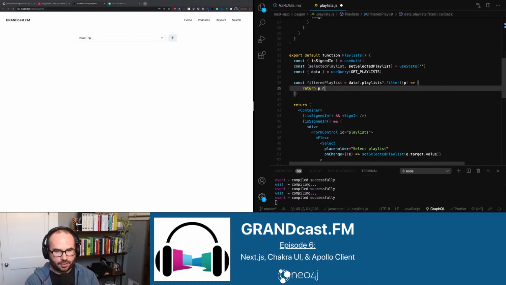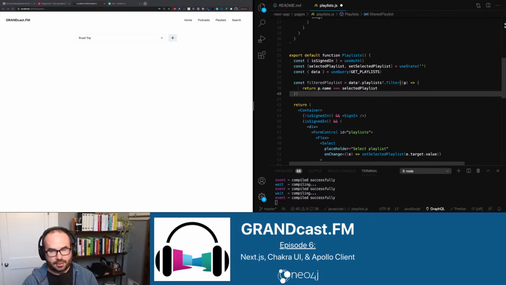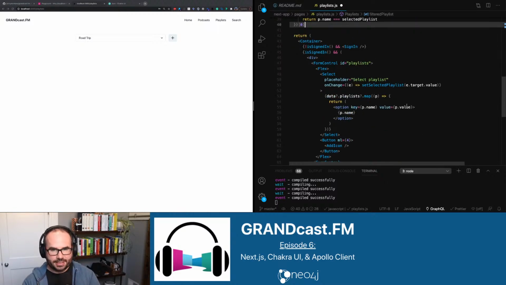And what are we going to filter? Where the name of the playlist equals the selected playlist state variable. And then this gives us an array, because we're filtering the array for elements that match this condition. So we just want to select the first one, the first element in the array. Okay, so filtered playlist is now